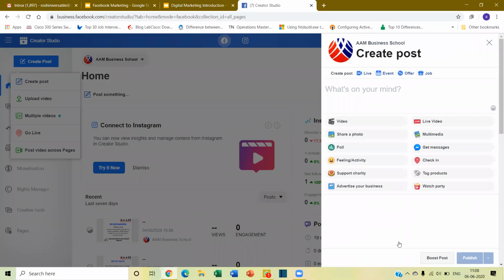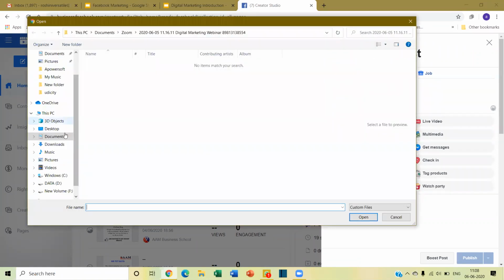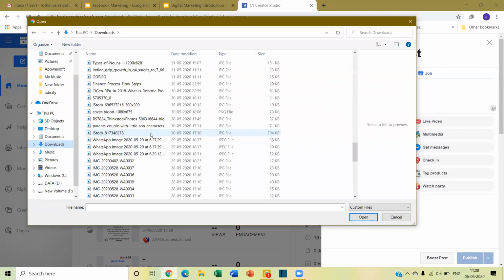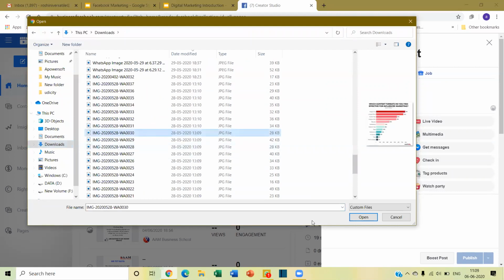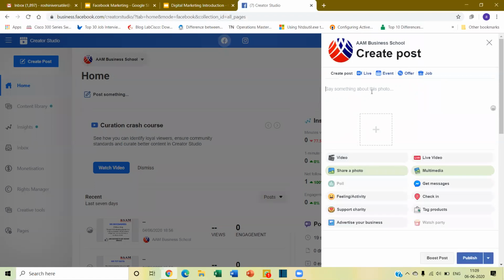Right? For example, here is the posting page that you have. So let me share a photo. I'm clicking a photo here. As all of you know, when you are doing Facebook or Instagram postings, one of the very important things is hashtags, right?